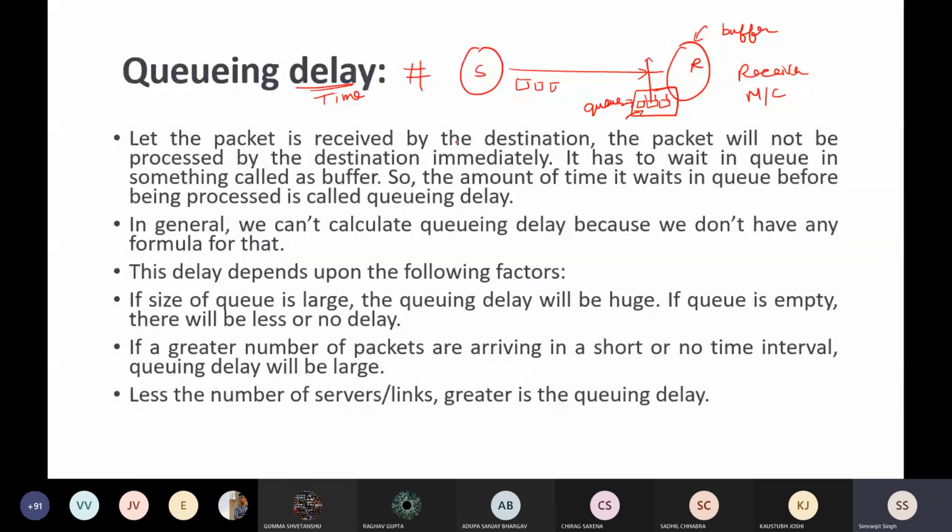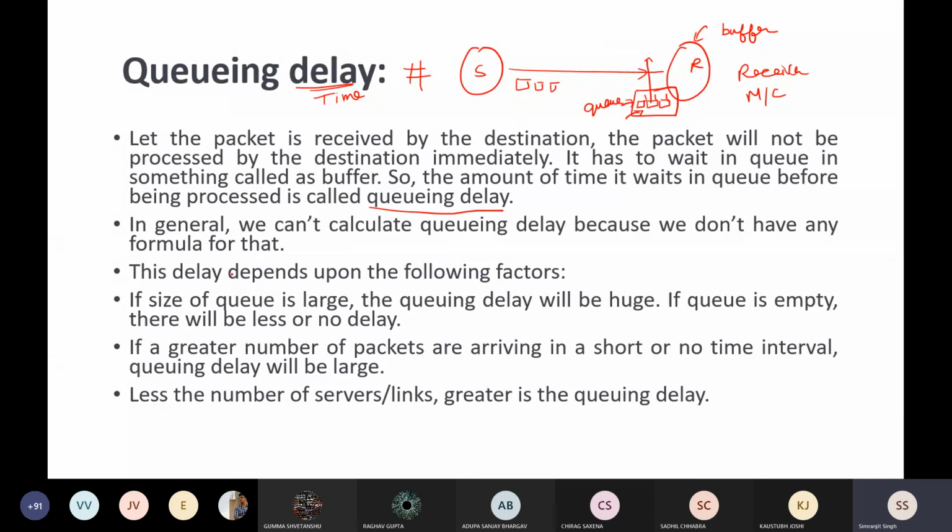Let the packet be received by a destination. The packet will not be processed by the destination immediately. It has to wait in the queue, in something called a buffer, because I already told you the amount of time it waits in a queue before being processed is called queuing delay. In general we don't calculate queuing delay because we don't have a formula for that, because every receiver machine is different, and it has various factors depending upon the receiver machine. The sender cannot predict what is actually going on in the receiver machine